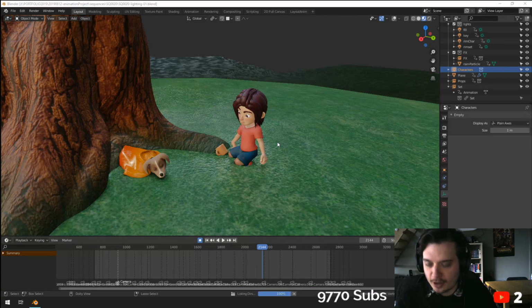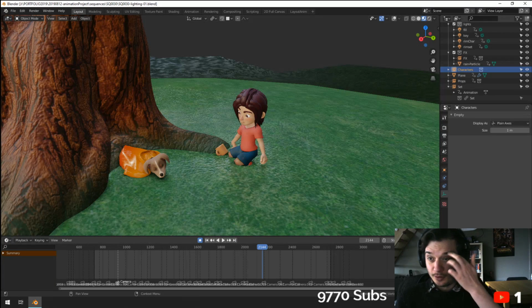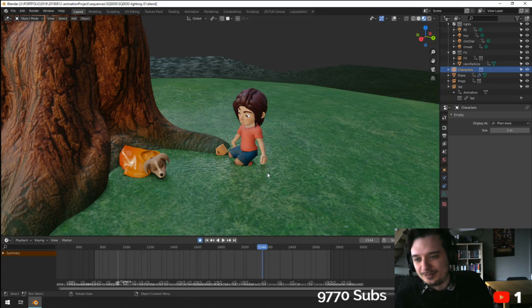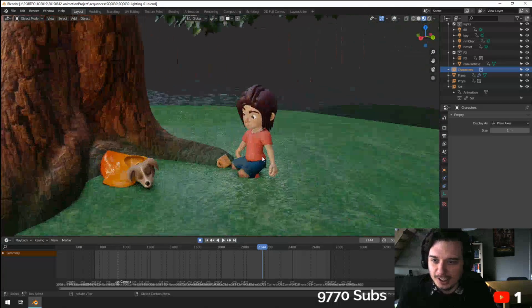Last time when we left off, we made the first pass of the lighting on the second scene. So we're going to move on to the final, third scene, and then see if everything is correct, set everything up for the render, and then I'm going to start rendering off stream. So, anyway,